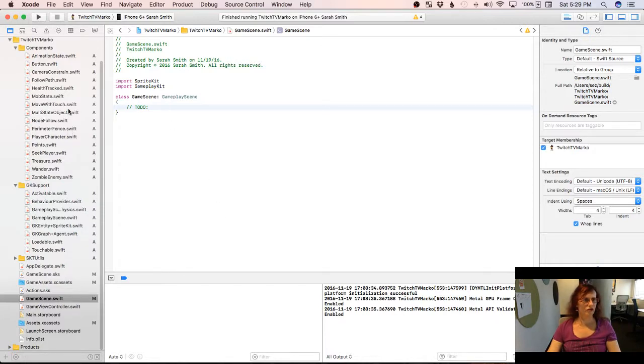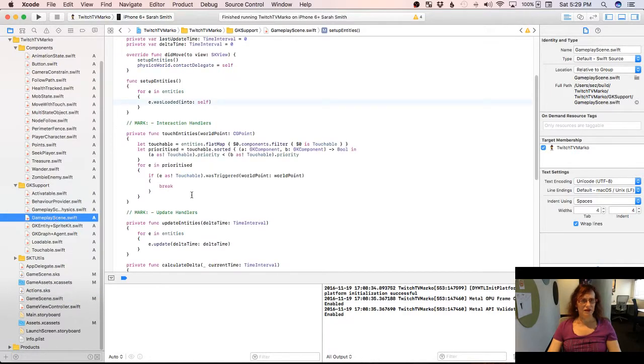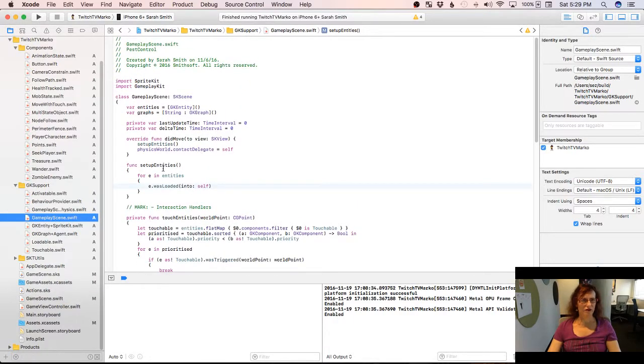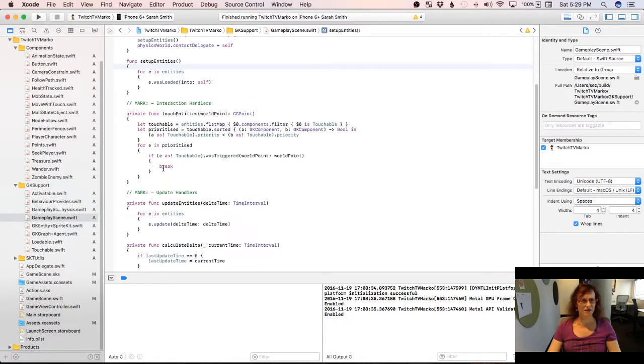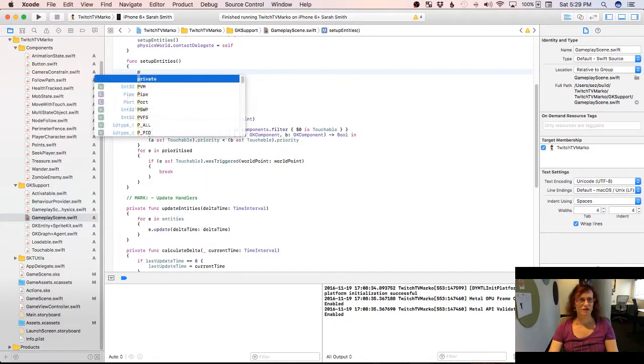And it should still go right ahead and load the scene, because what we have got is our setup entities. So let's just print,